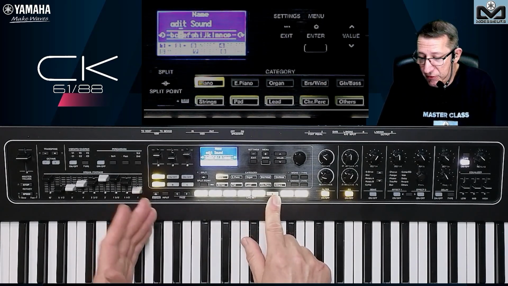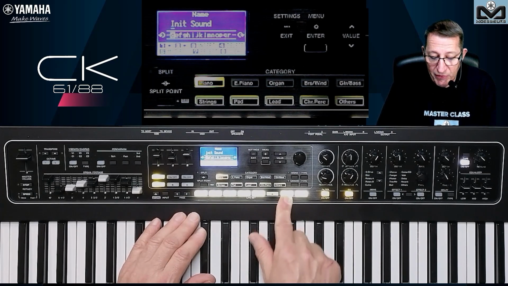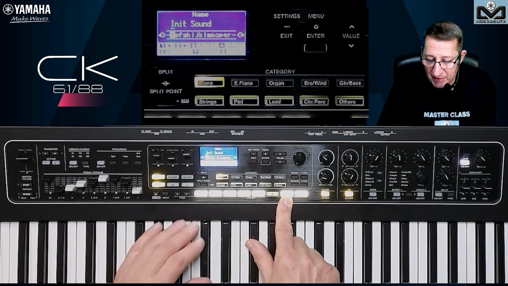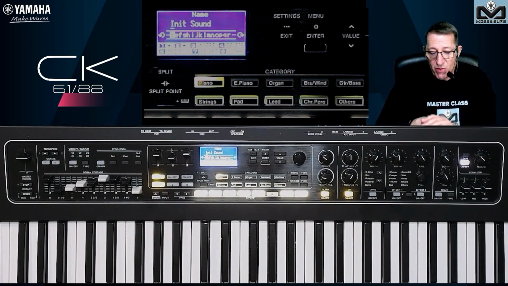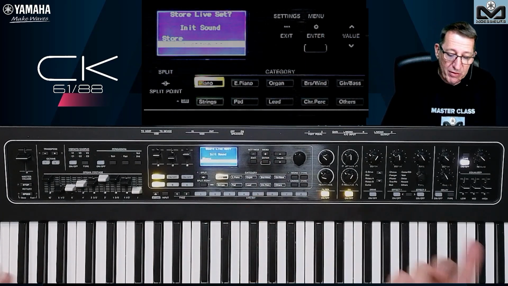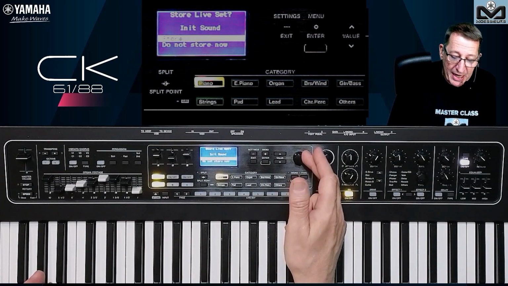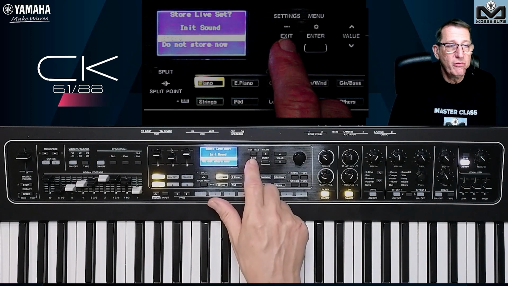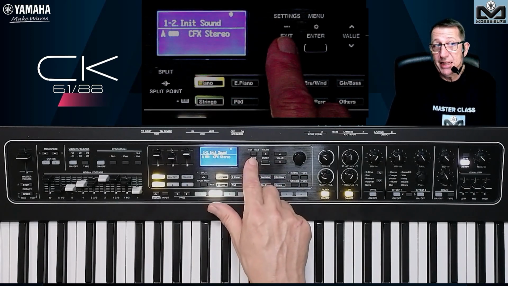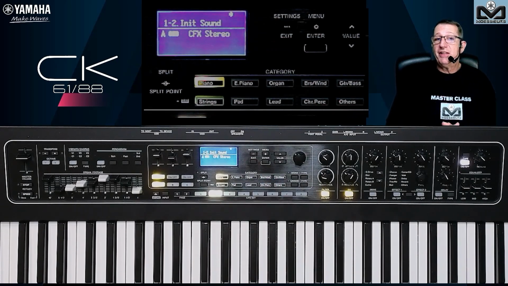The 6, there is no function. The 7 is revert, so we come back to the init sound. And the 8 is clear, really all. When you are ready, you press Enter and you can store the name. I will not do it, but you just have to press Store. Very easy to do.